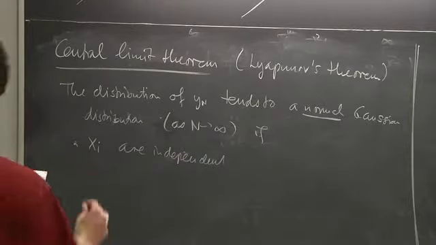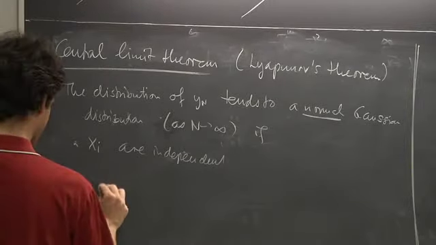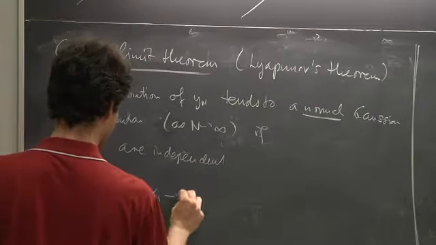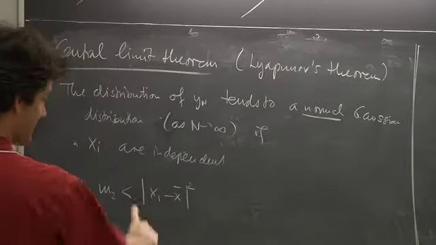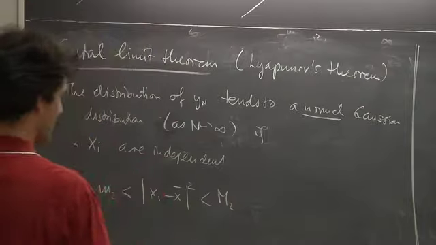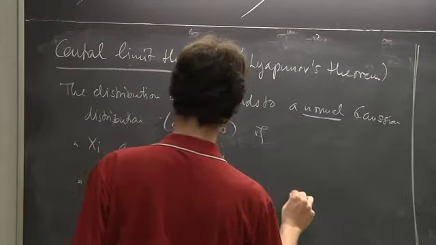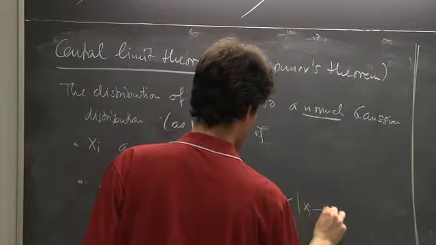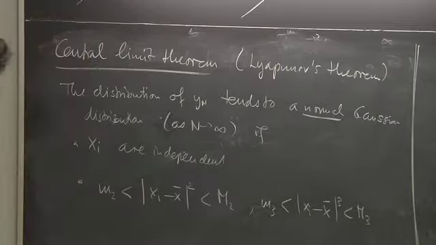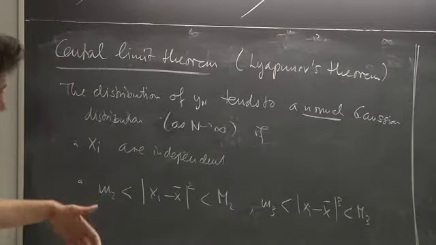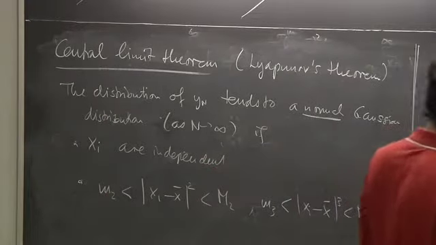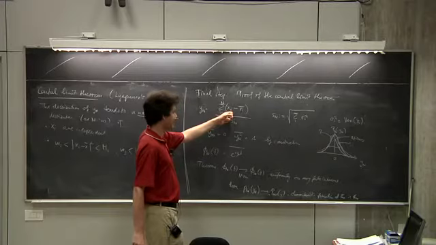So the xi are independent, and secondly, let's make the assumption that there are two numbers such that the absolute second moment is bounded from below and from above, and also the third moment is bounded. I need this in order to exclude some pathologies, namely, imagine that I take a sum of xi's